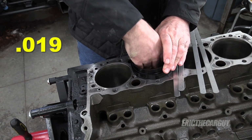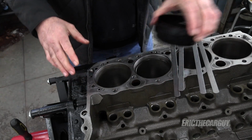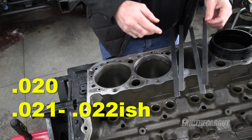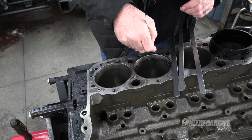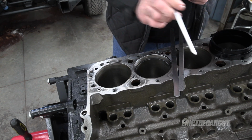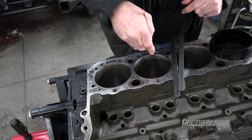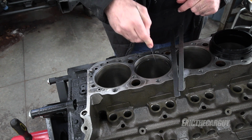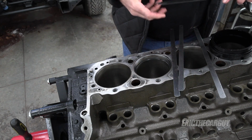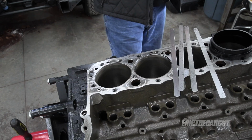I set them up to about 19 last time, both top and bottom. This time I'm going to do the top at 20 and the bottom ring at 21, 22-ish. The literature I'm reading says for performance applications, having a wider ring gap on the secondary ring is a good thing. Specifics on that I'm not going to get into here, but I'll link something to lead you to that. But anyway, that's what I'm going for now, just in case I decide to add a supercharger or nitrous at